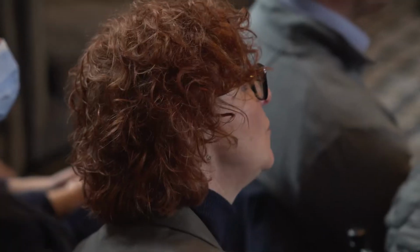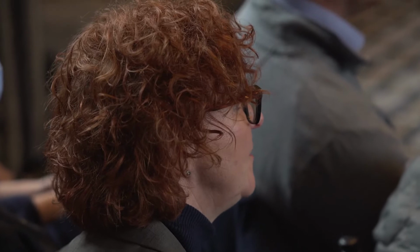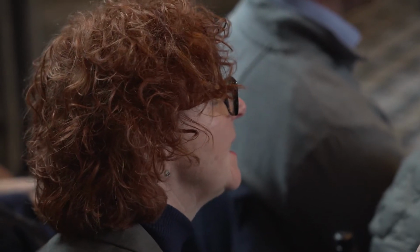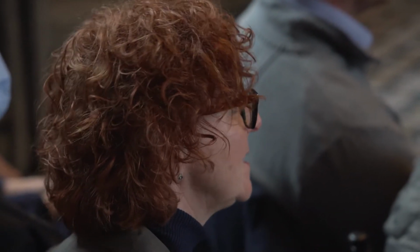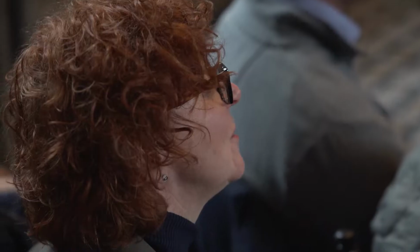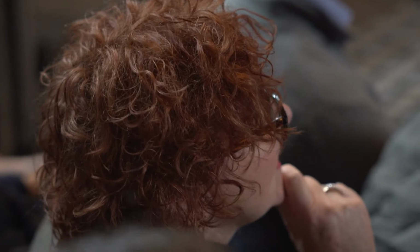I'm interested to hear more about this neglect point you raised earlier. Yeah. I'm fortunate to own somewhere else within the new town, and I have actually been very surprised at how neglected some of the properties are. So the question you need to ask yourself is, so what do we do about it? We know it's there, so what do we do about it? And a point for yourself, George, around